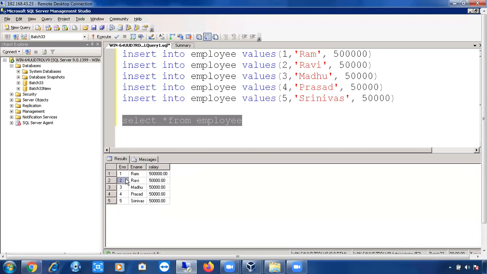Why we are not concentrating on the queries part is that we are not going to write any create tables, or any insert values and all. This will be taken care of by the developers. We will never write them. Why? Because don't think creating a table is that simple. Creating a table involves table name, column names, data types and all. There are so many things in creating tables also. So those inputs can be provided by the developers.